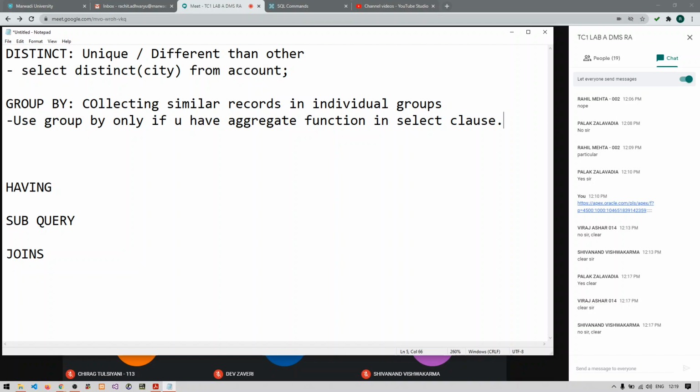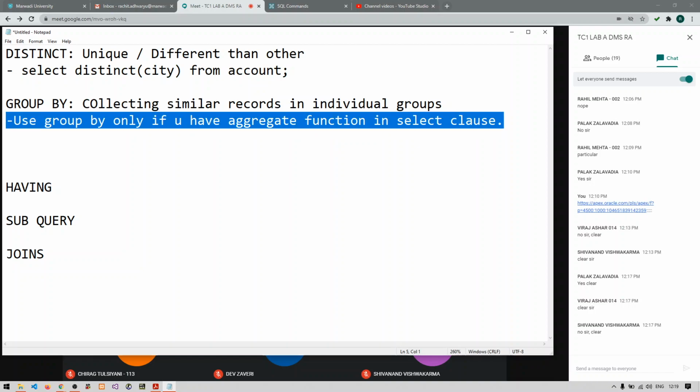Anyone who can give me the answer to this? This statement means that if you want to use group by, if you want to group the similar data into individual groups, then you should have some aggregate function in your select part. That means if you are writing select something something from table name, then between the select and the from keyword there should be one aggregate function.